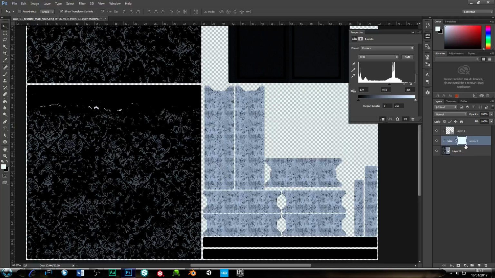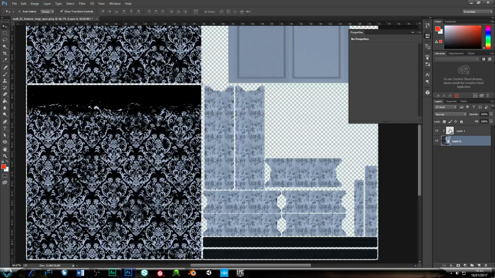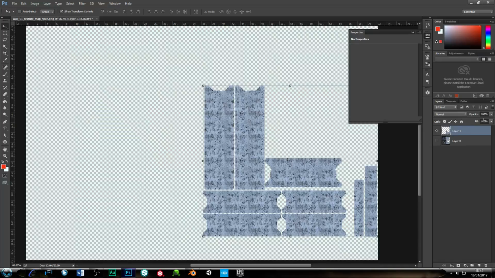Aha, that works a bit different, didn't it? Right, I'm just going to bin that levels layer. I'm going to release that clipping mask. I'm just going to, let's see,